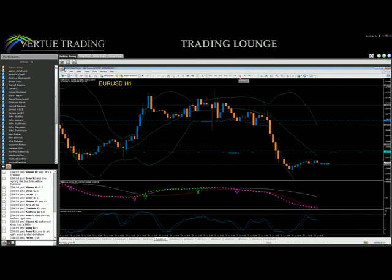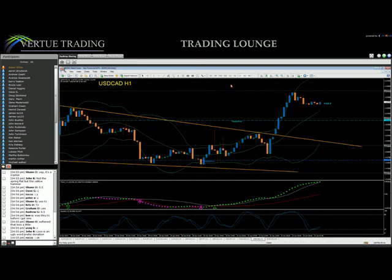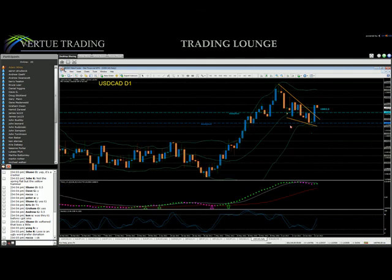Now, we talked yesterday about these pairs having broken the large pennants. Wait till they play out, and they have. So there's shorting for the euro on the daily, so that seems to be game on. Broke it with a nice convincing candle, and in the opposite direction, the CAD, which I've been watching closely, and